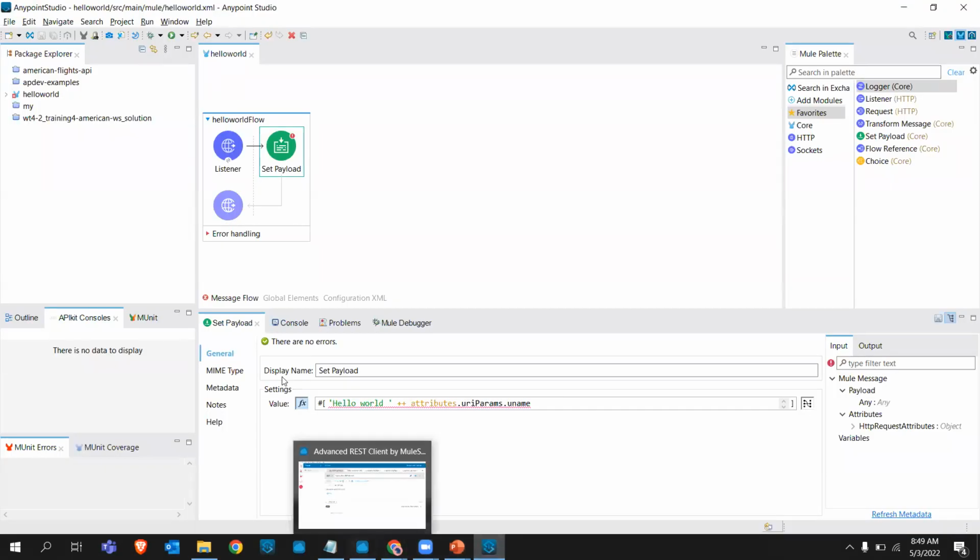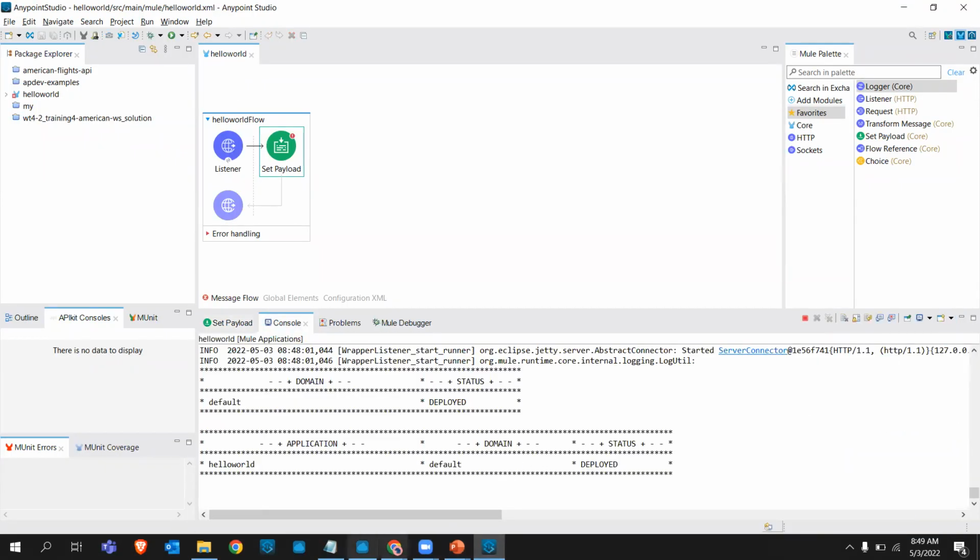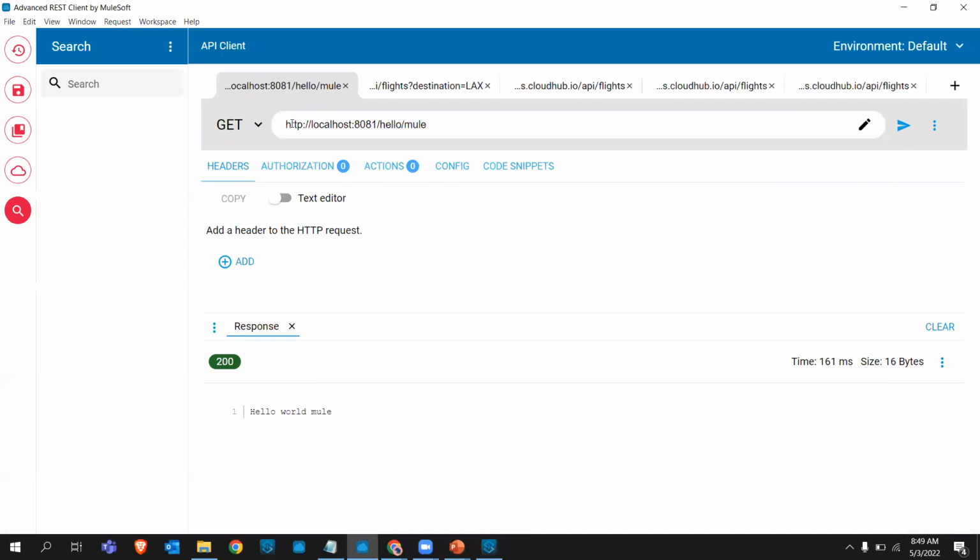So our application is deployed. Let's try to hit it. This is the URL, http localhost 8081 hello. And this is the path hello. And this is the mule which I'm sending in the URI parameter. So once you send it,